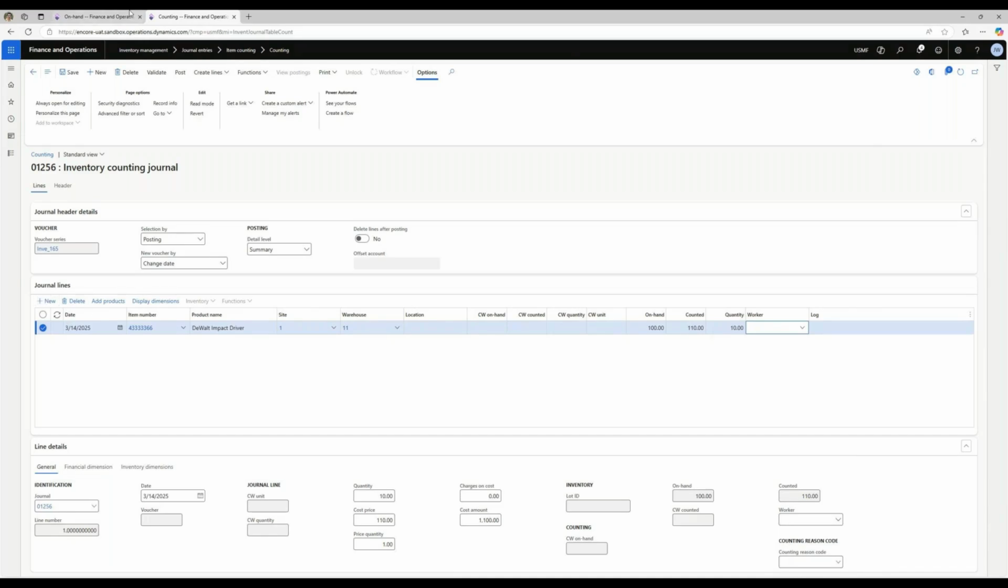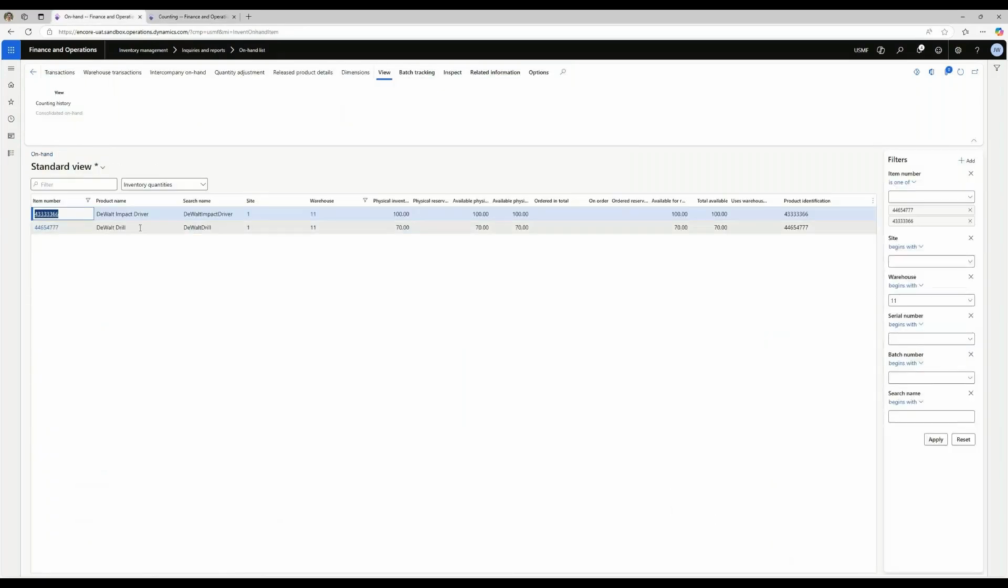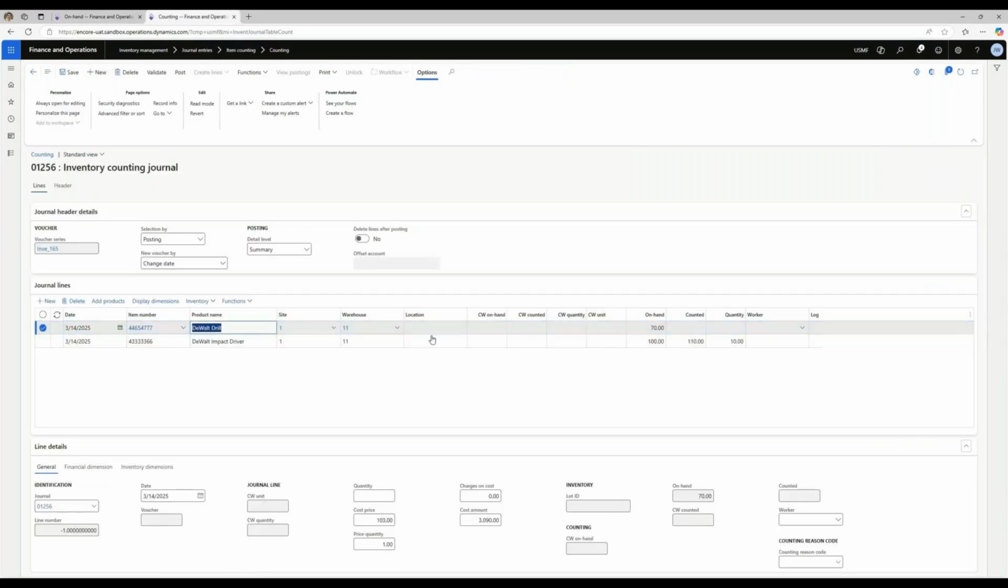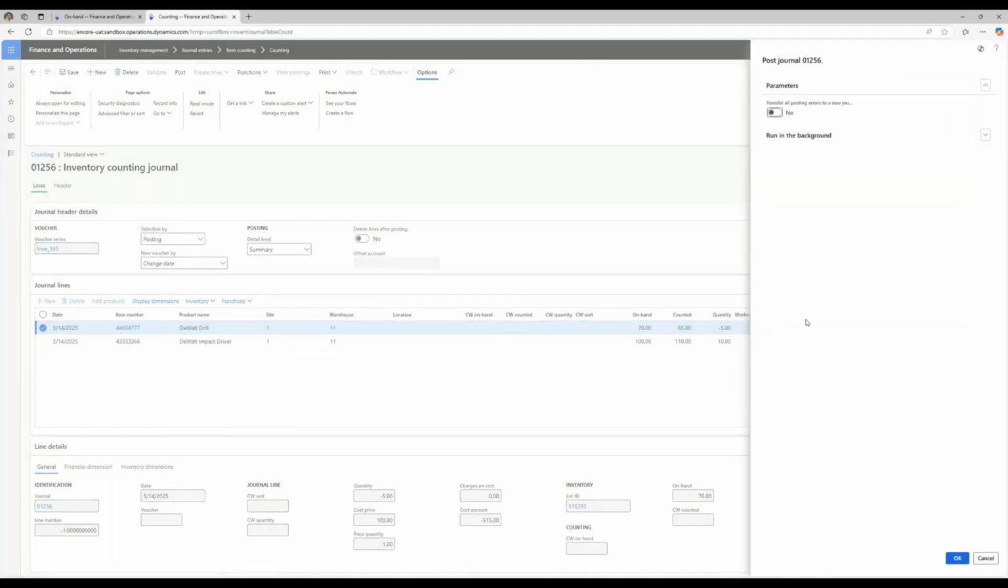Let's add another item just to show the negative adjustment as well, and we'll add this second item from my list. And even though there's 70 on hand, I'm going to walk out to the floor and I count 65. And you can see this populates with a negative value of -5. Upon posting of the journal,